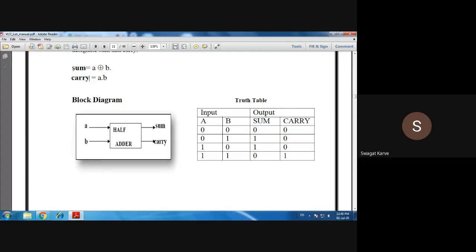The equation for sum is A XOR B, and the equation for carry is A AND B. We derived these equations from K-map analysis. Now, using all this information, how do we write a simple VHDL code that works as a half adder circuit?